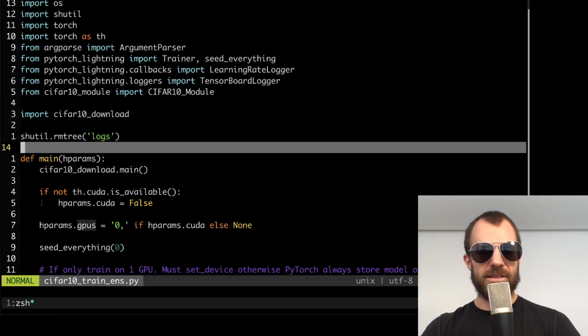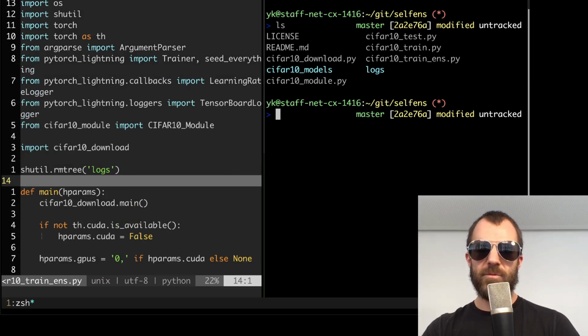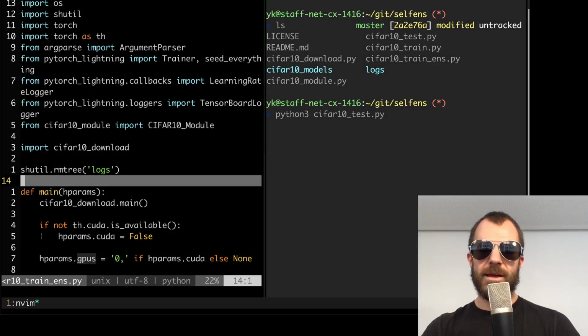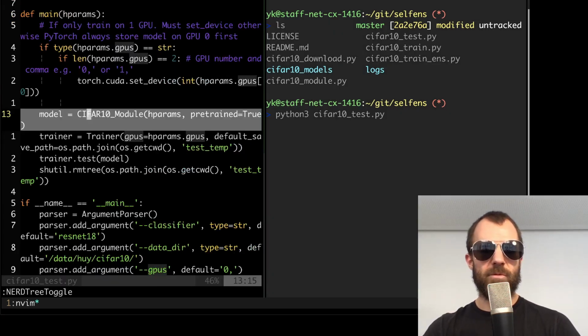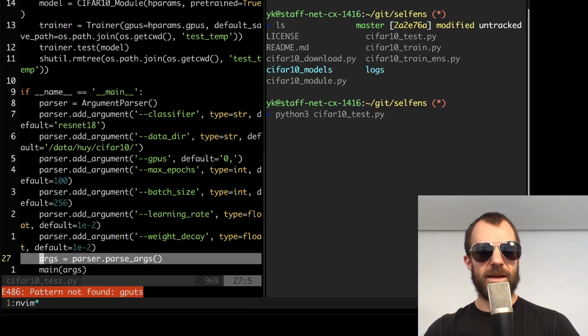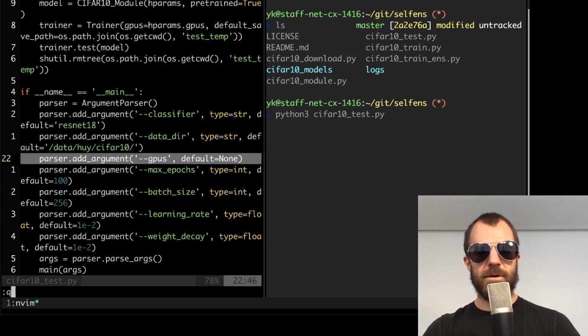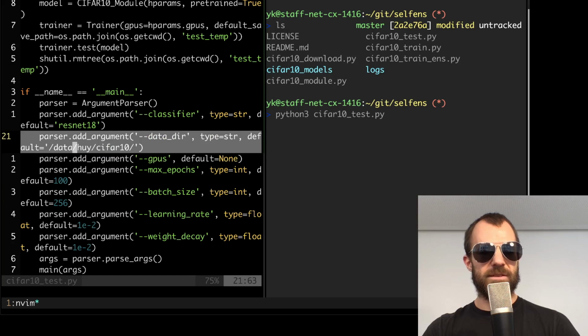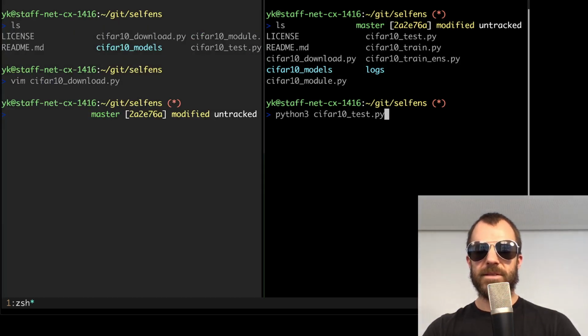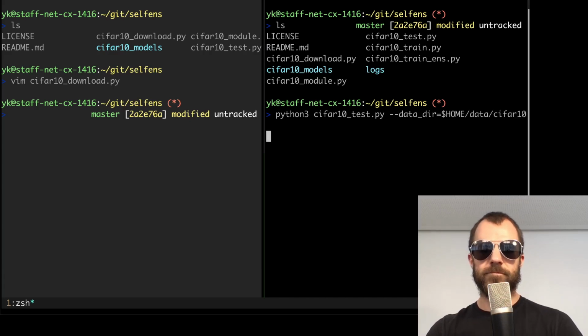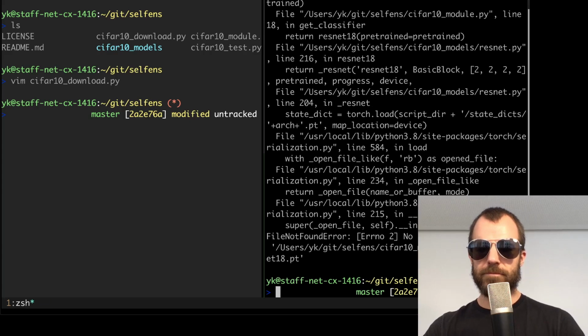Okay, our download is done. So what do we do next? We might want to just try to test something. And here in the test thing, we might want to set the GPUs. I don't have a GPU right here, so none. And the data directory is going to be, yeah, I'll put it. Nope, okay, it doesn't find the